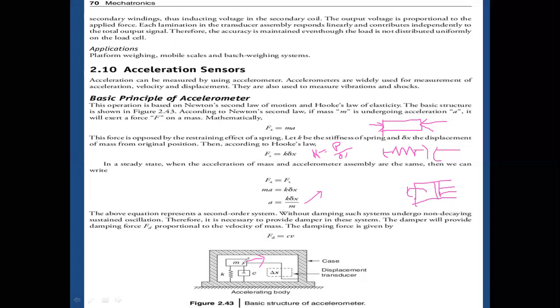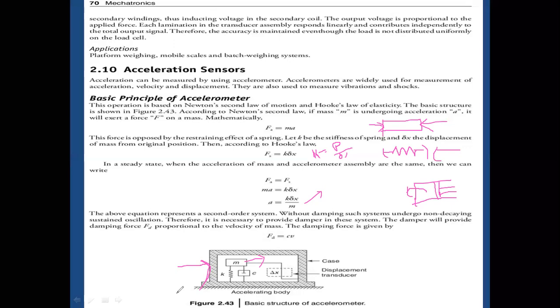Then we consider some amount of mass here, which is supported by two elements: the stiffness as well as the damper. Later, whenever we give an input, an acceleration or a displacement, to the casing, the input might be a displacement, a velocity, or an acceleration. Suppose I would like to move the casing in any direction as I want.